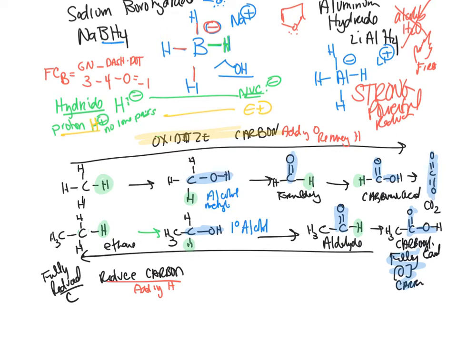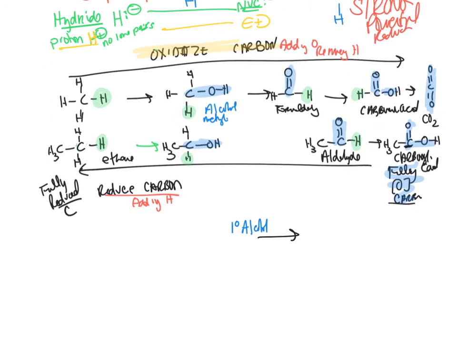Okay, so that's fully oxidized carbon. Can we go any further? No, because that carbon does not have any more hydrogens. Now let's look at a carbon that only has 2 hydrogens. Okay, so we have 1 hydrogen that we can remove